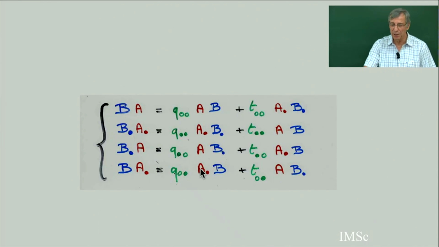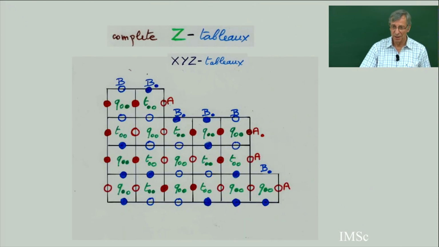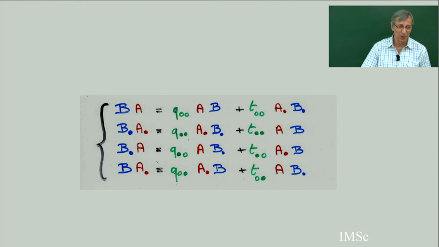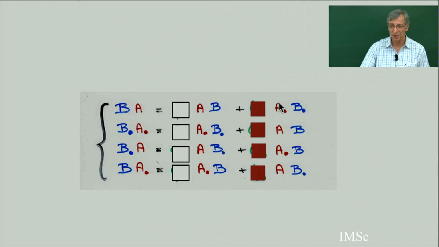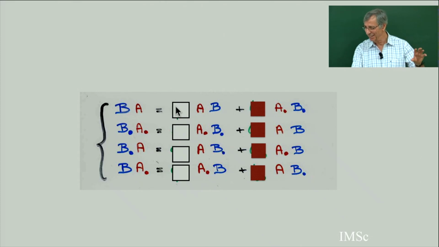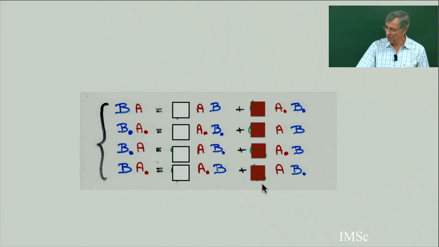So in fact, in a complete Q-tableau there are 8 possible labels, but we have seen that, because each equation has only 2 terms, we can encode such a tableau by 2 colors. You don't need to put all the 8 possible labels. 2 colors is sufficient. So why not put this color? All these cells coming from this rewriting, I will put an empty cell. Maybe I will keep the Q, and all these cells here, I will put a brown. So you just need to define.